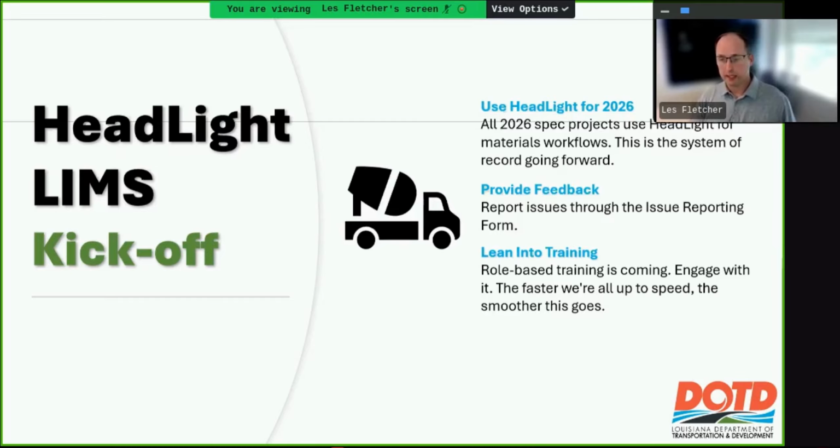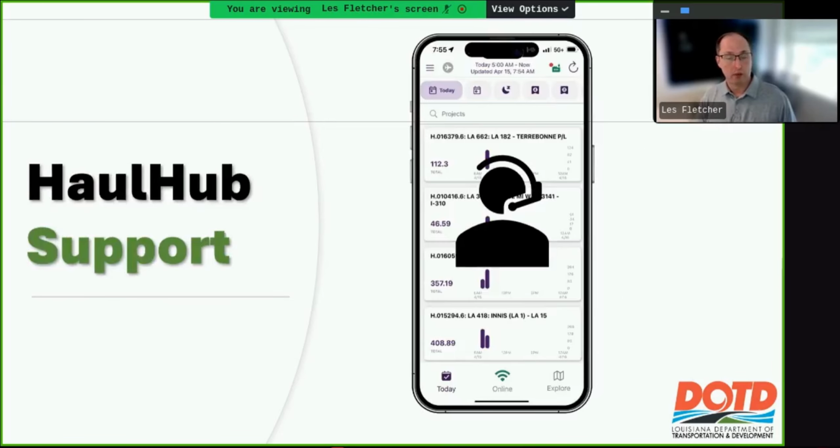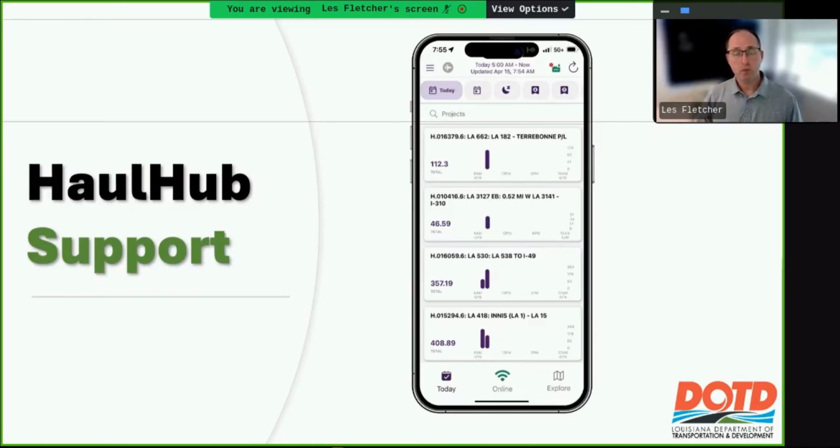Now, moving on to getting help, I'm going to start with HaulHub because I've been getting this quite often. Donna LeBlanc in the e-construction group normally handles all of the HaulHub stuff that comes in. Of course, you send it to the e-construction email group, and anybody who's on there that grabs it tries to help you with this, but she does the bulk of it. But some of that stuff's been coming in through email. I want you to know that HaulHub does have a mechanism for you to submit tickets. It is built into the HaulHub app,